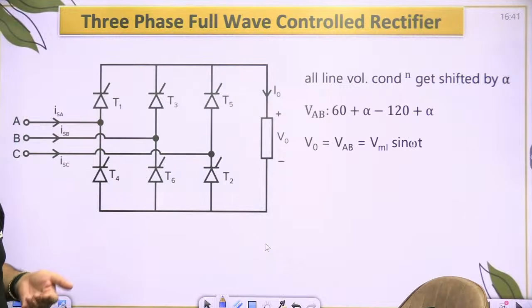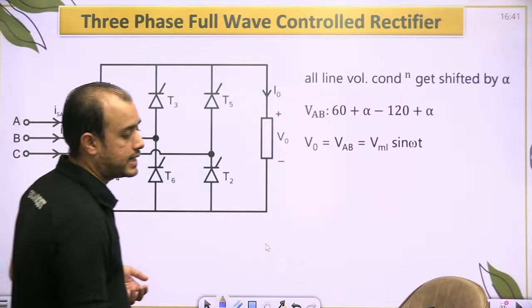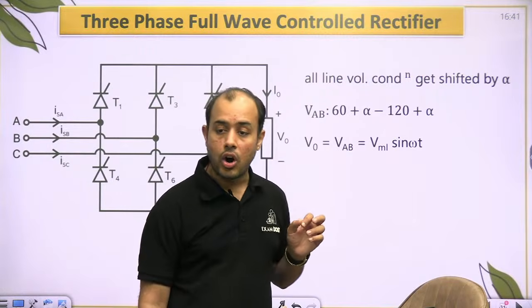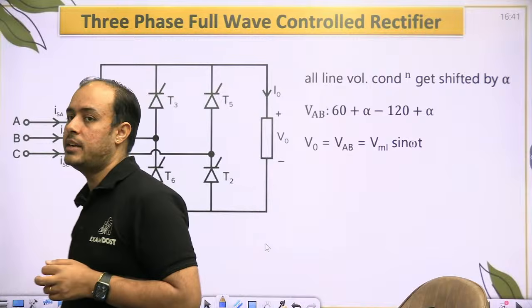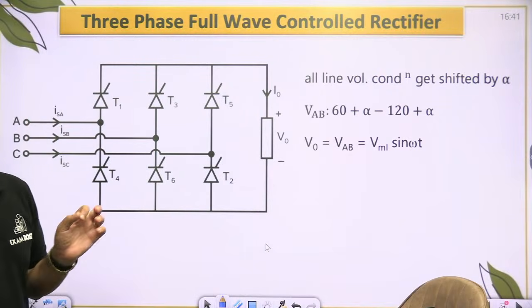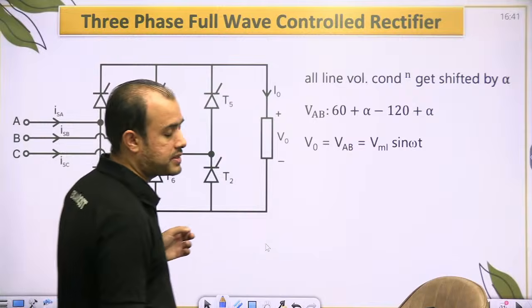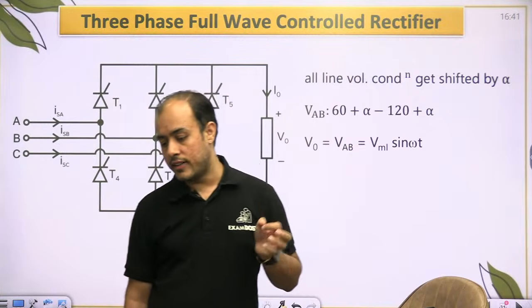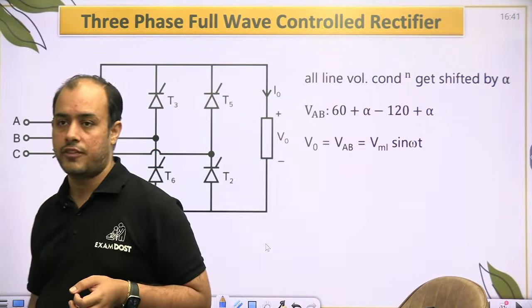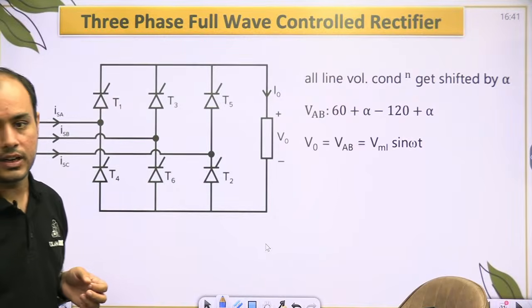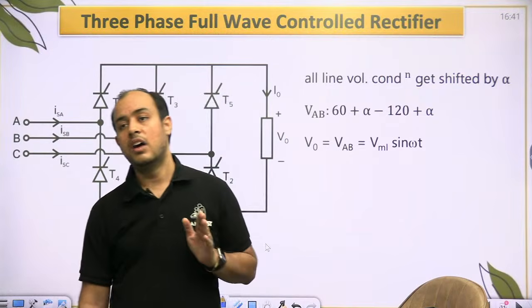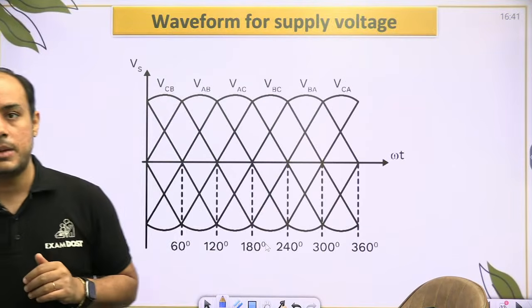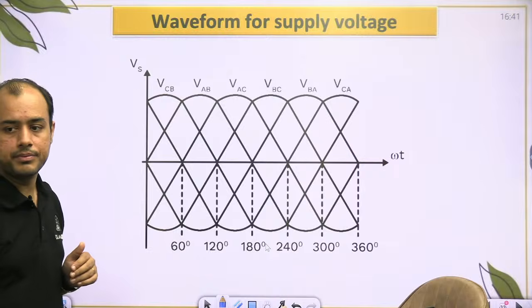But what if it is a controlled rectifier? Then all the voltages coming at the output are shifted by alpha. So VAB, rather than coming from 60 to 120, it will come from 60 plus alpha to 120 plus alpha. AB जो कि पहले 60 से 120 आ रहा था, अब वो 60 प्लस अल्फा से 120 प्लस अल्फा आएगा. ओके,